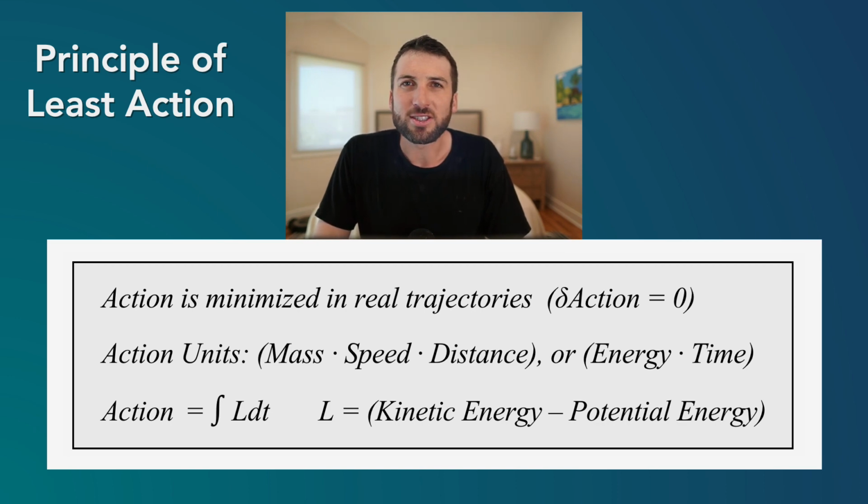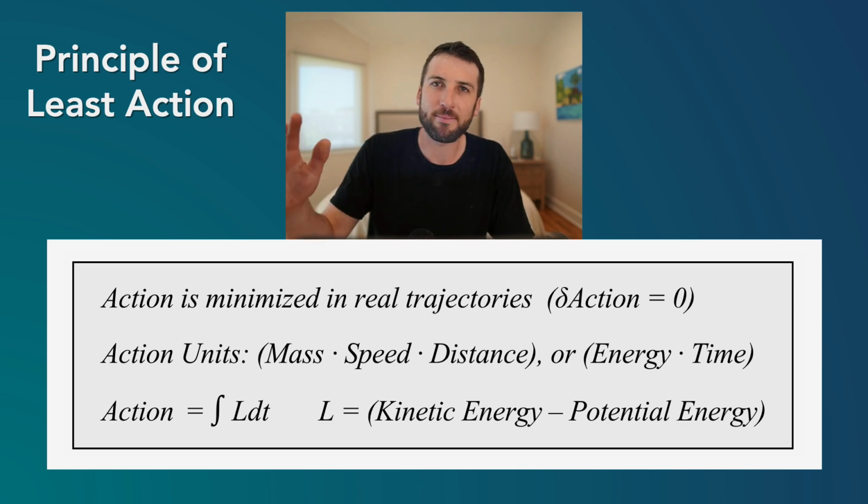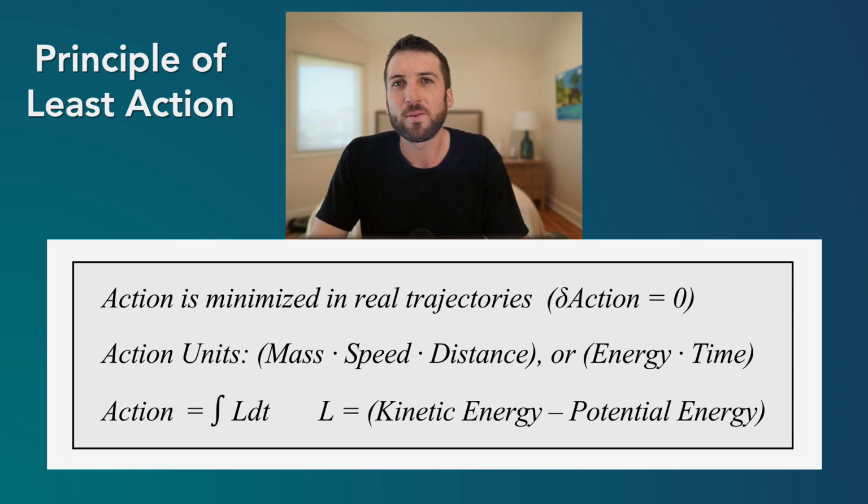So another idea of stability, equilibrium, and this is a deep, deep principle in physics, is the principle of least action. And this is to say that out of all trajectories that could be, the one that's real, the one that happens in reality, is the one that minimizes action. This can be thought of as when the change of action is 0. This is basically a minimal action point. So the trajectories we see, the various patterns we see in nature, are ones that minimize action.